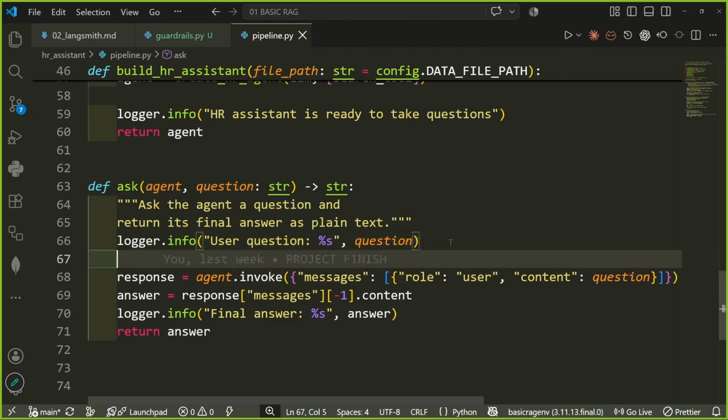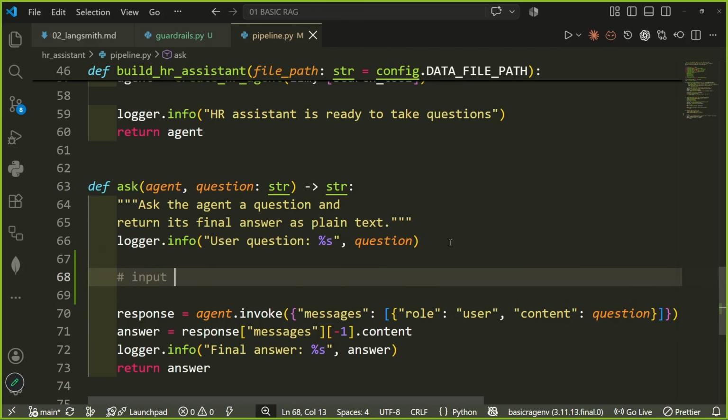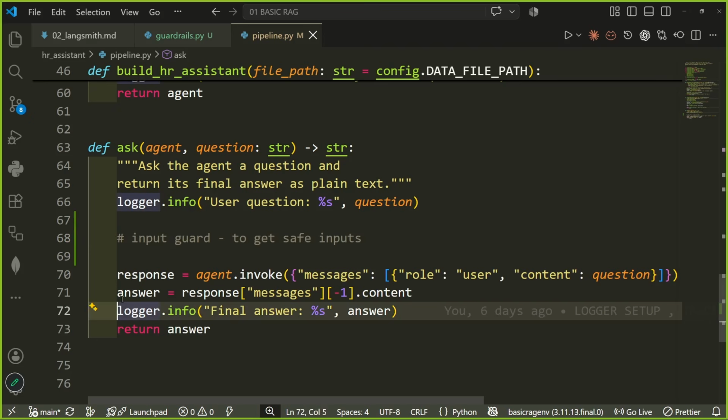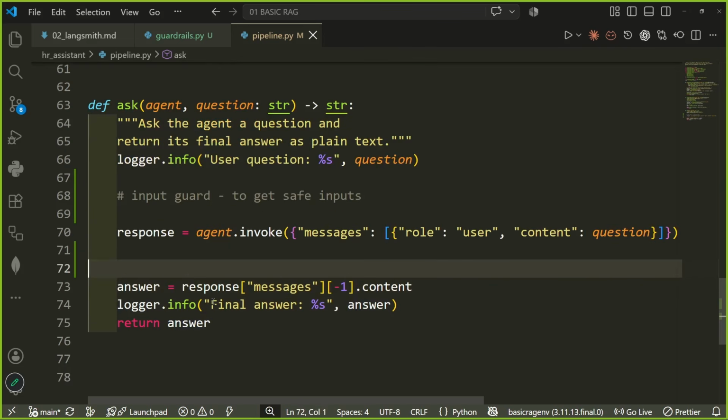Now what will happen is, here we will have an input guard, to get safe inputs. And here we will have an output guard, which means before the agent gives its answer, we will have an output guard,